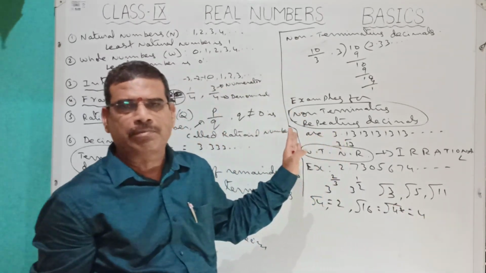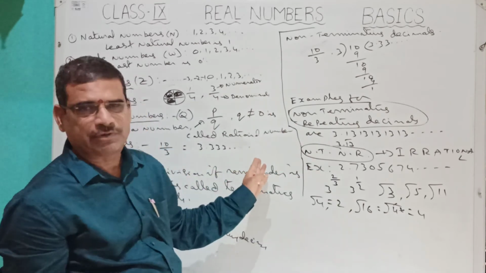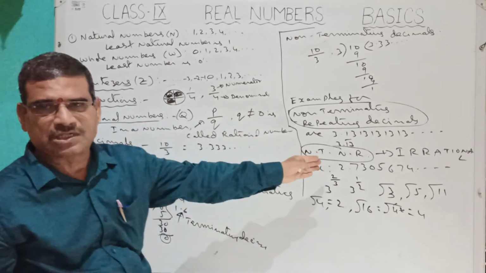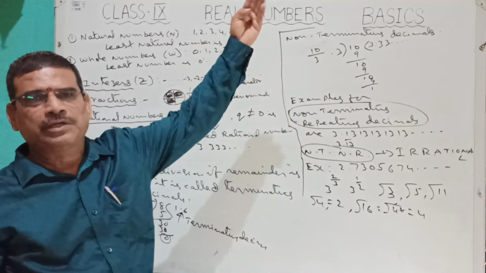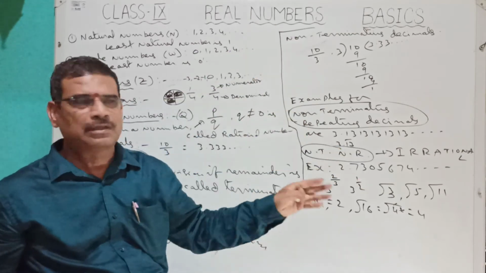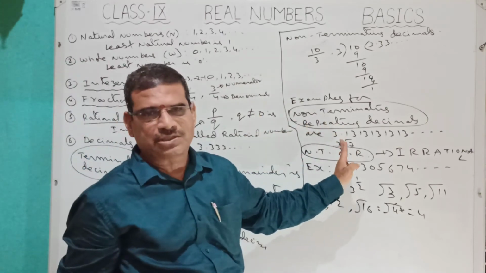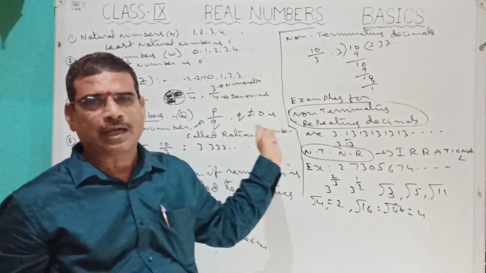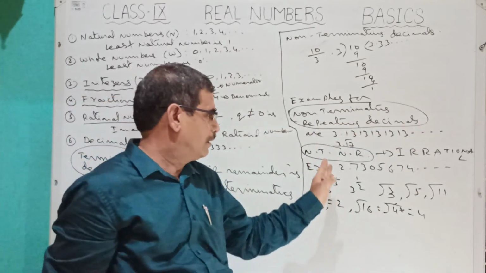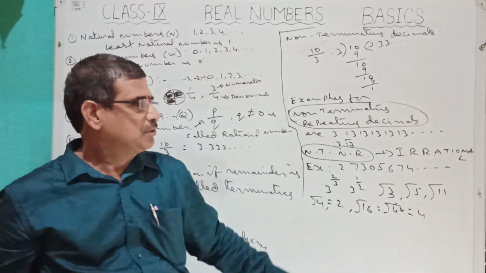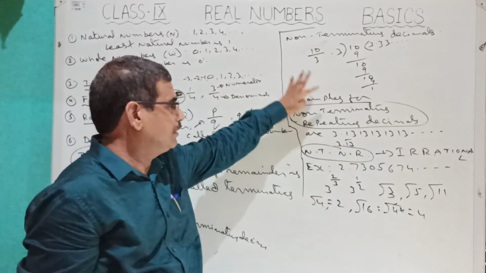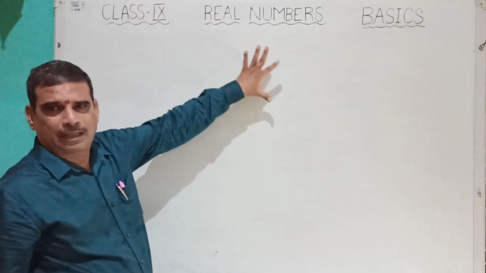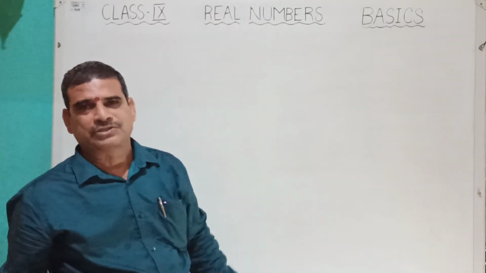So rational number and irrational number. What is the difference between rational and irrational? These all are called rational numbers. What about irrational number? In a number, if the exponent is a fraction, then it is called an irrational number. In another way, we can say that in a decimal system, if the decimals are endless, going on and non-repeating, those are called irrational numbers. So these are the models of this chart. I will give this information in a chart.